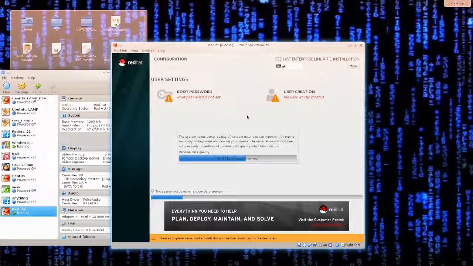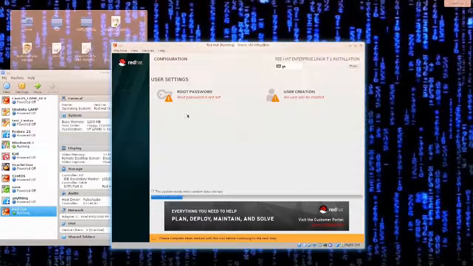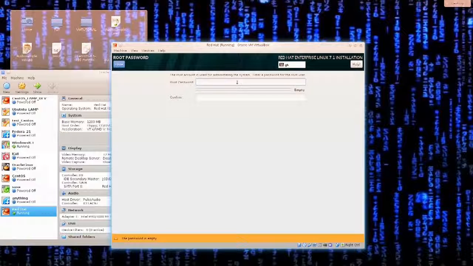As the installation is going through, there are a few things. The system needs random data. You can improve this by typing in randomly on the keyboard or moving the mouse, which improves random data quality. Amazing. Anyway, user settings. Configure your root password, and look, for my user passwords for this particular machine that I am